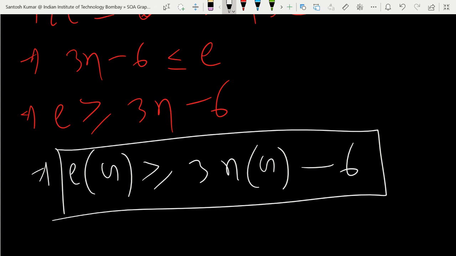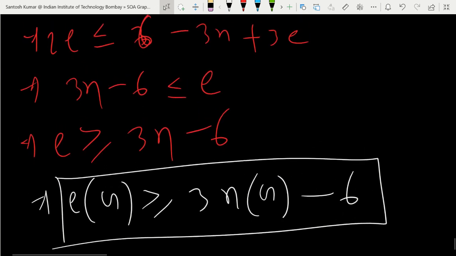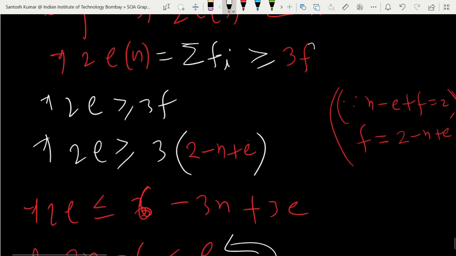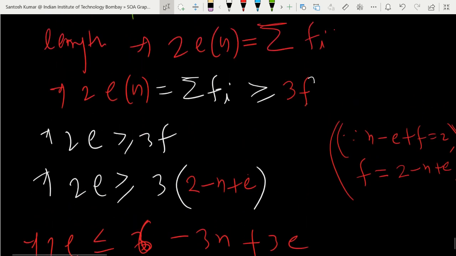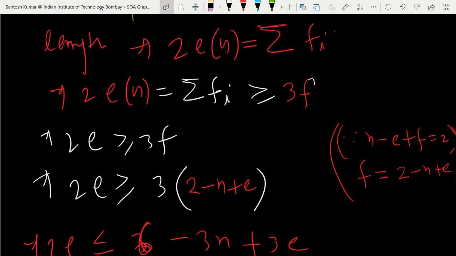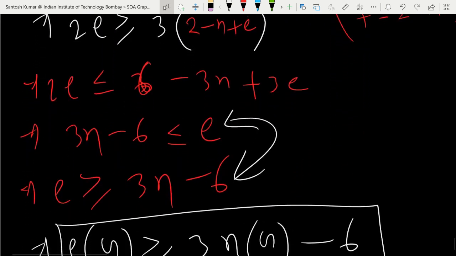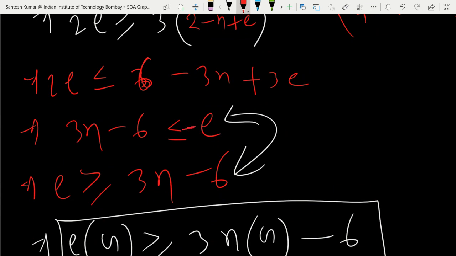Sir, it should be less than or equal to, right? Check, check, check. We have reversed it, meaning right to left and left to right. What did I need to prove, sir? Less than or equal to. So something is wrong. Sir, the upper line: 2e is greater than or equal to. I think I have done something wrong. Okay, one minute. So here it is really minus e, isn't it? Check, check, check. So 6 I bring on the left side, 3e on the left side.